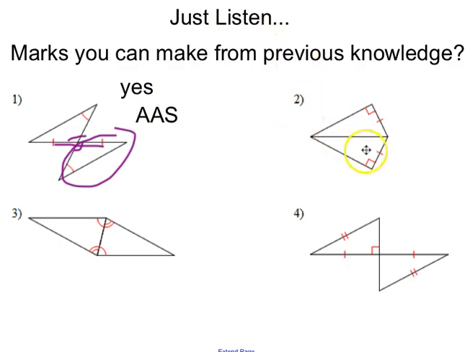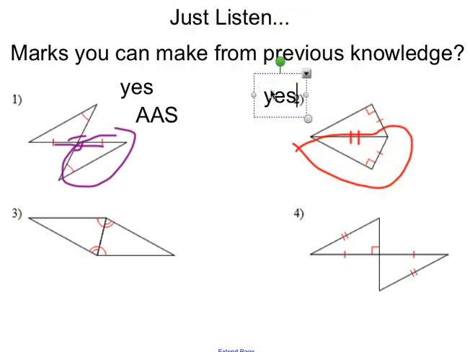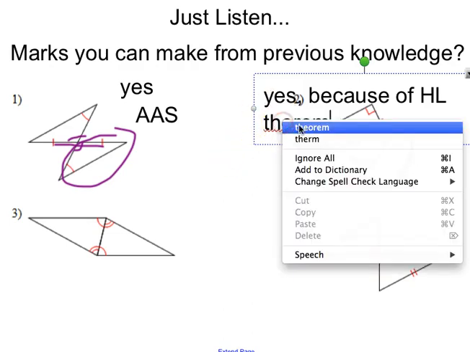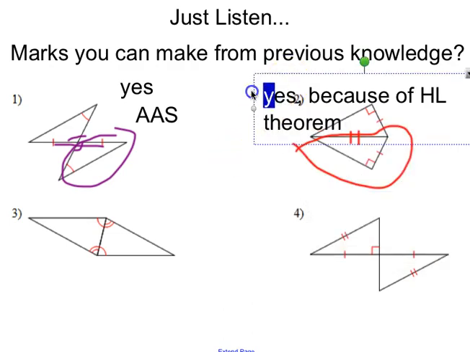Number 2, if you have 2 shapes touching each other and they're the exact same length, that means they're the same distance, and it means they're congruent. So you can go ahead and make this mark right here. We'll learn later on what that mark is called. But now looking at one of the triangles, let's look at this bottom one. I have a right angle, so let me double check hypotenuse leg. Well, that's the hypotenuse, and this is the leg. So I would say, yes, these triangles are congruent because of the hypotenuse leg theorem. That's not how you spell theorem. Alright,